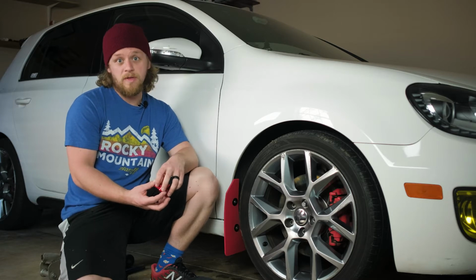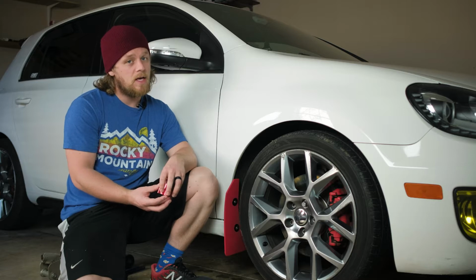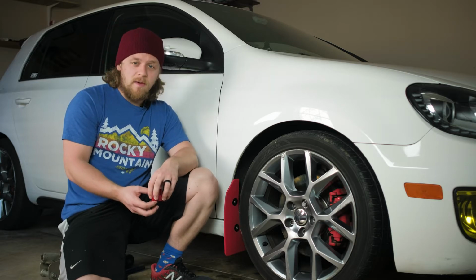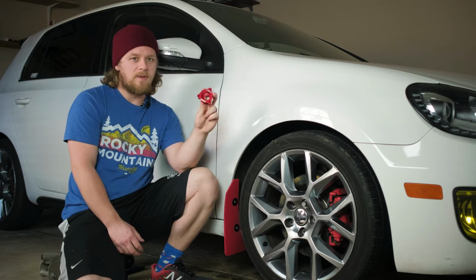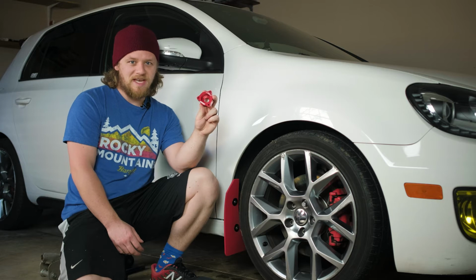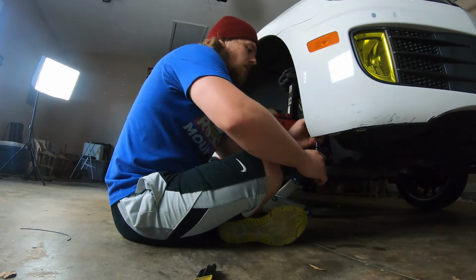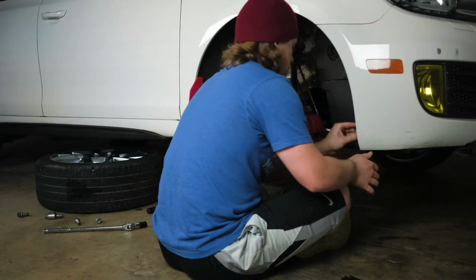I put a turbo muffler delete in and I accidentally removed the diverter valve, so I kind of already know how to do it. So it's not gonna be that entertaining, but this is gonna be another episode of How Hard Could It Be? So, should only be a couple bolts. Let's get to it. We're gonna dig into this fender liner here to get it out of the way,